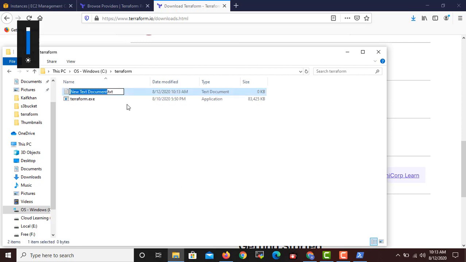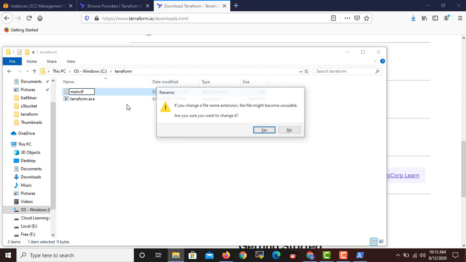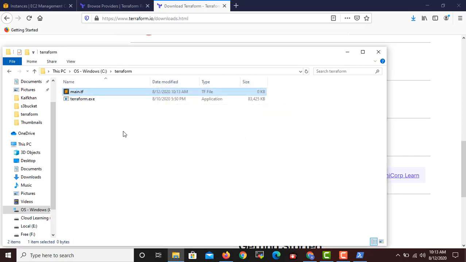So just create a text file, name it anything you like, but let's say main.tf. All Terraform file extensions will be tf. There is one important command, Terraform init, to initialize Terraform, right? Here, the tf file is basically where you keep all the configuration, like what infra needs to be written. So the code you have to keep in the tf file.